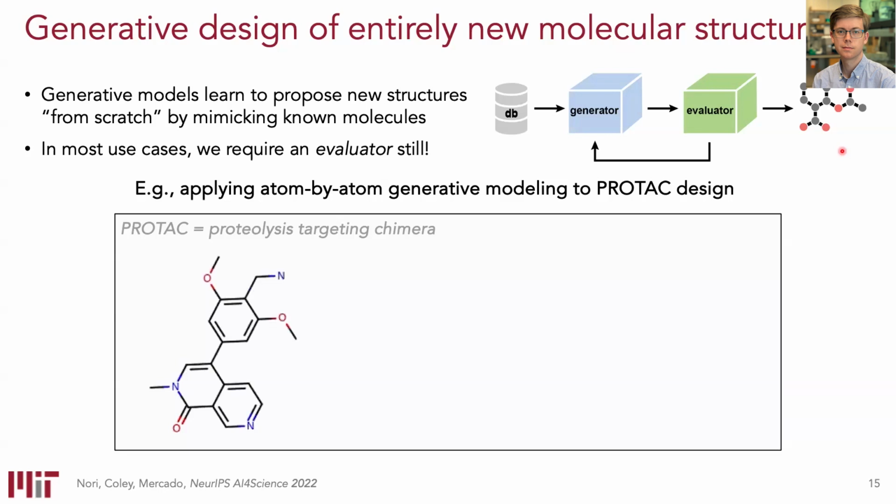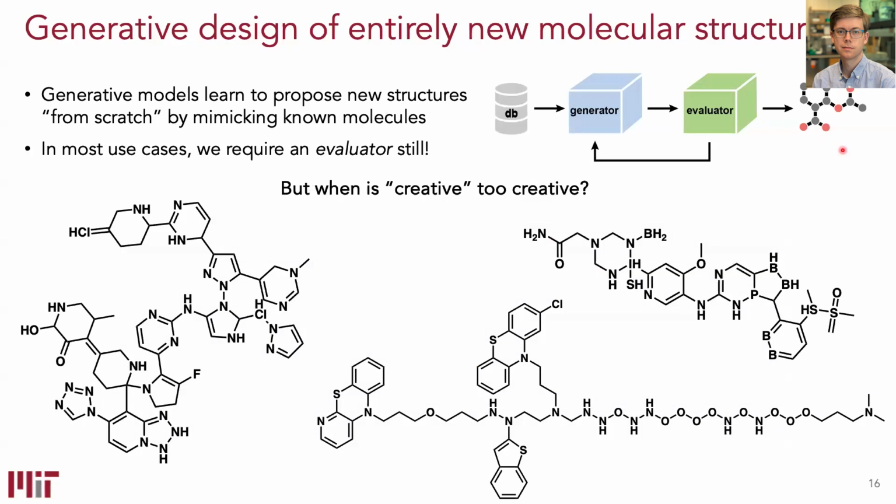But the problem is that although we want these models to be creative and invent new structures likely to have unprecedented properties, sometimes when you ask them to invent new structures, they're a little bit too creative. So the kinds of molecules that you can get from these models sometimes look quite absurd. And if you're a chemist, you know why these are absurd. If you're not a chemist, just trust me. You end up with these motifs that don't look reasonable. They're not stable, they're not accessible, they really just don't make any sense. For some reason, this one particular model loves putting boron in aromatic rings.